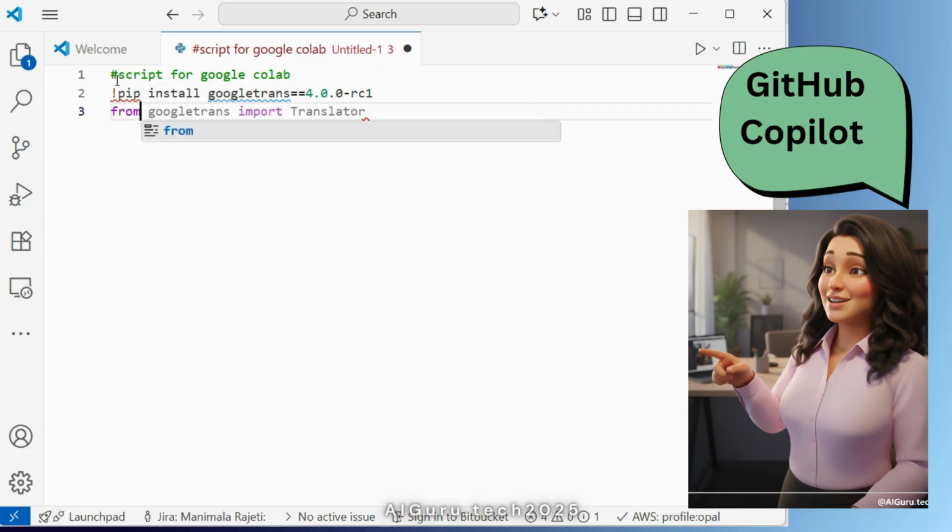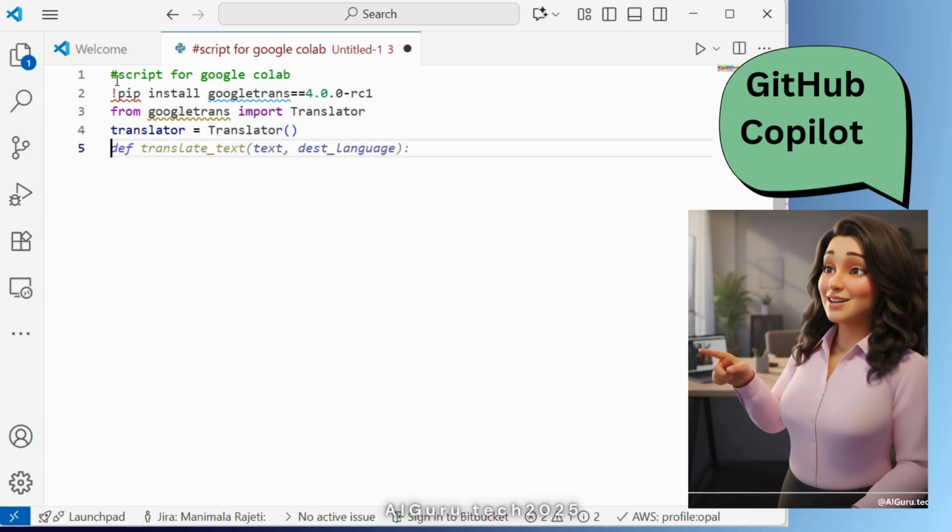As soon as I typed googletrans, Copilot automatically imported the right package and even suggested a translation function with parameters. That saved me from writing everything manually. I gave the function a default language as English, then tested it by printing a simple input like Hello World. At first, I just translated English to English, but later I switched to French and it displayed the correct translation. Bonjour le monde.